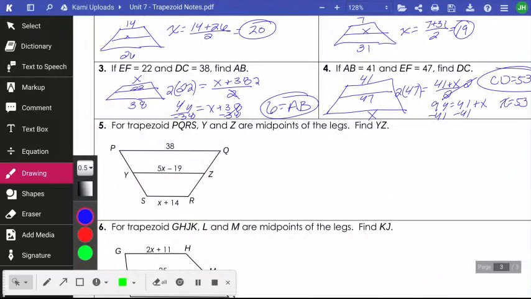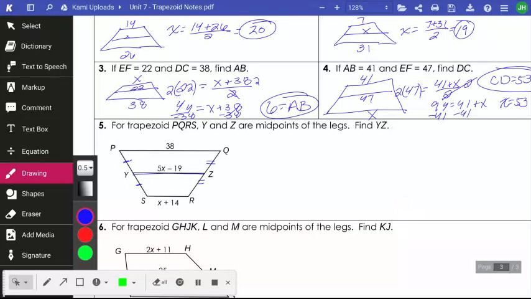All right, for trapezoid QRS, Y and Z are the midpoints. So that means this is equal to this, and this is equal to this. Without them telling us this is a mid-segment, by telling us that Y and Z are midpoints, it is a mid-segment. They didn't use the words mid-segment, they just described it as a mid-segment. We are supposed to find the length of YZ, but in order to do that, we're going to have to